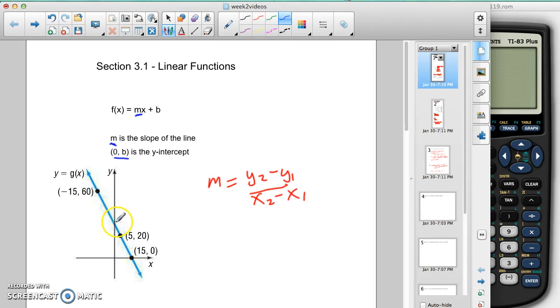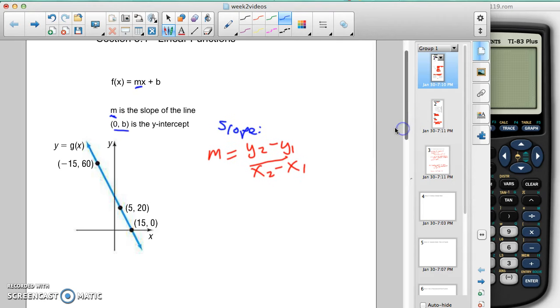It's not labeled, but your y-intercept would be here. To find the slope, we also have the slope equation. Slope equation here is m equals y2 minus y1 over x2 minus x1. So let's take a look at this line right here and we'll do some calculations. Let's see if we can find the linear graph. We would take 2 points on this first of all when we find the slope. So let's take these 2 points